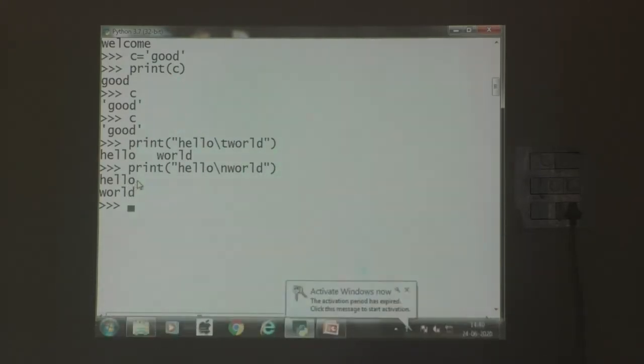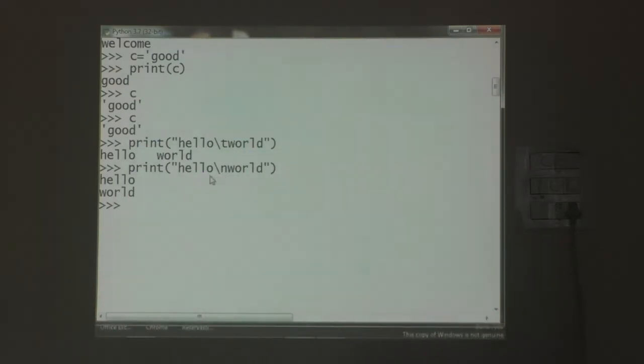Okay. So hello is displayed in the first line, then word is displayed in the next line. Why? Because we have used a slash n between the strings hello and word. After the slash n, the string word is given, so the word is displayed in the next line. Okay. So slash n is nothing but the new line character. The next one is carriage return.